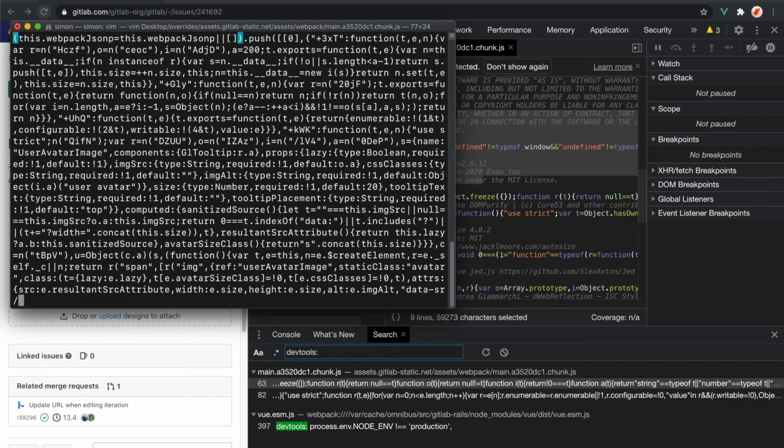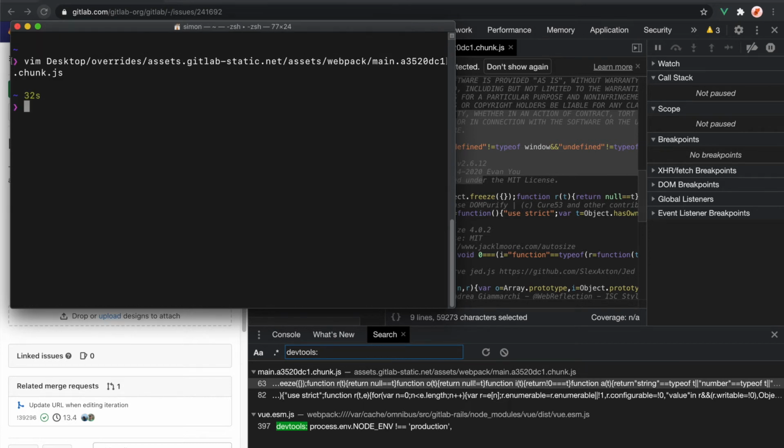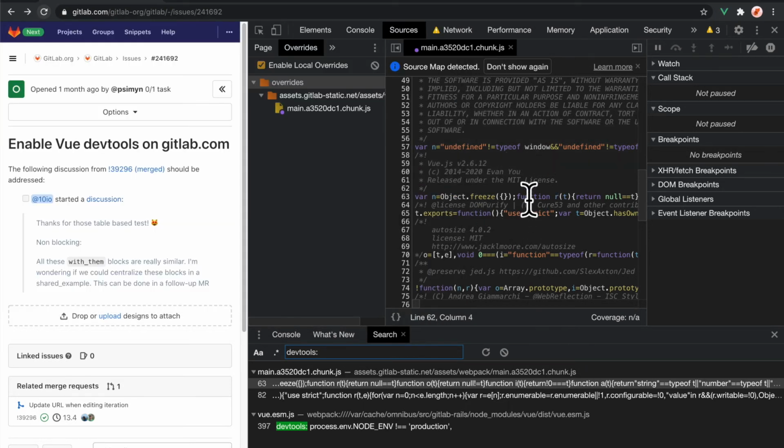And we're going to search for devtools: again, and we find this one, devtools not one, and we just want to change that to be 1, so it's truthy. So this is just the Vue config object being set up in uglified code. So we'll save and quit, and we can now refresh the page back here,